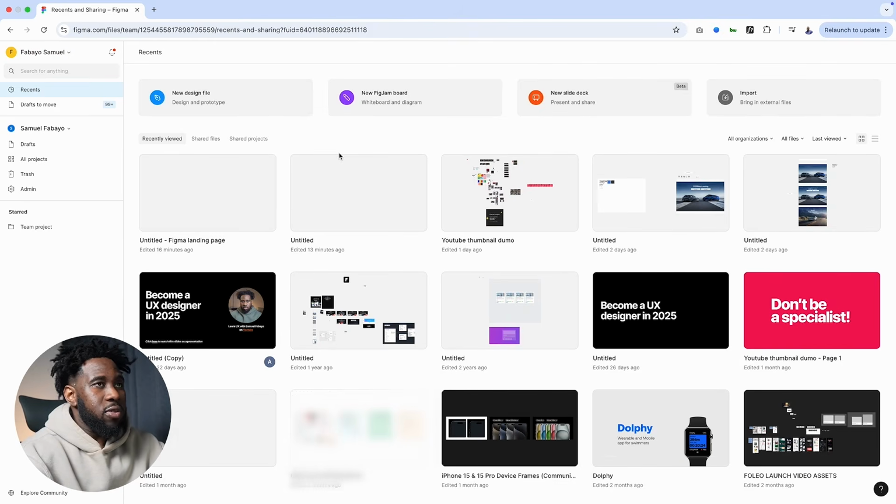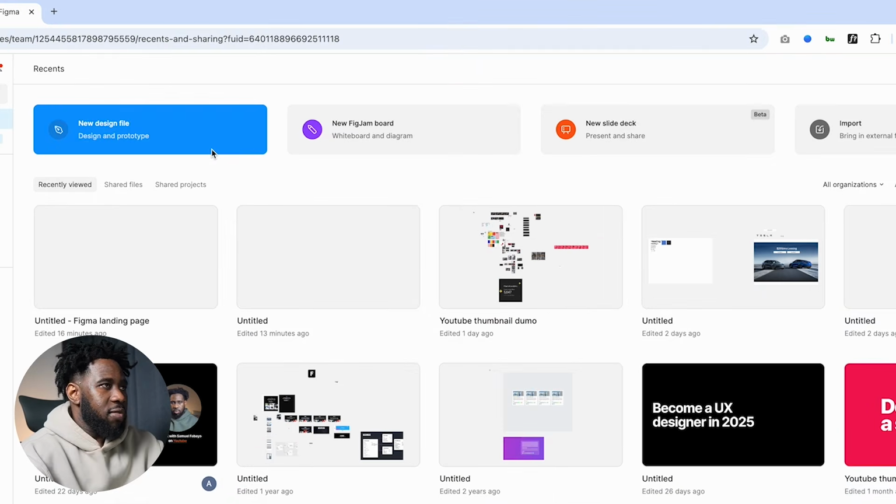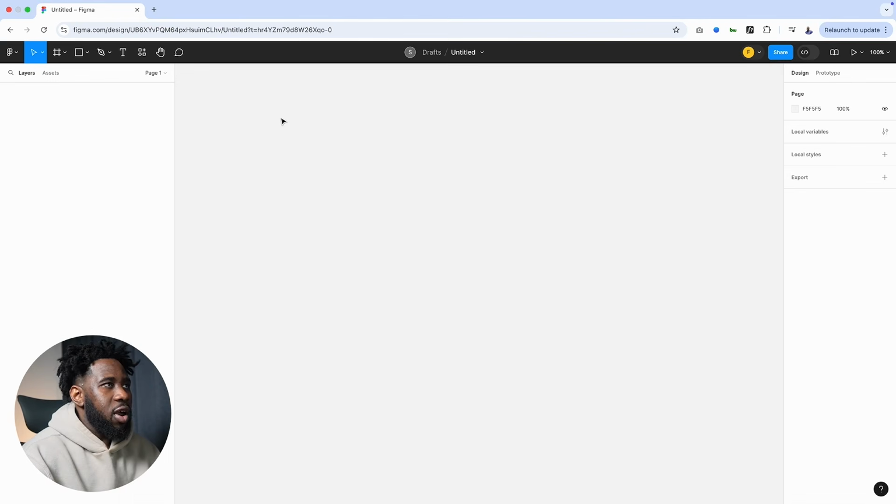www.figma.com. If you haven't used Figma at all, you have to come in through the Figma sign up flow, and that is very, very easy to do. So since I'm already in here, I'm just going to go ahead and create a new design file. Once I create my design file, I come onto my design board, and let me just do a quick walkthrough